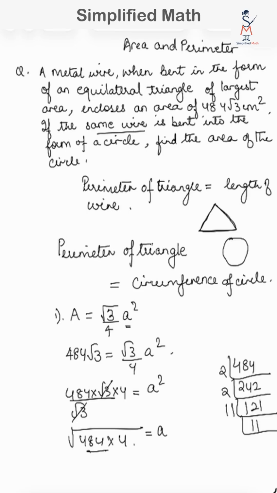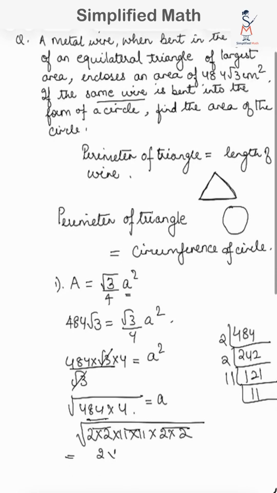So 484 can be written as 2 into 2 into 11 into 11, and 4 can be written as 2 into 2, or just 4, leave it. We'll make pairs out of it, and for square root we take one out of these pairs. So this is how we find the square root. So 2 into 11 into 2, that is 44 centimeter is the side of the